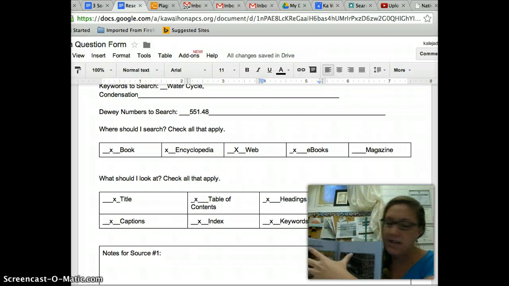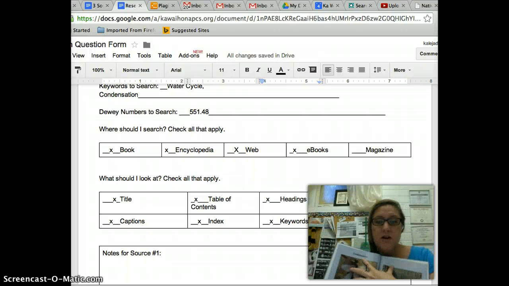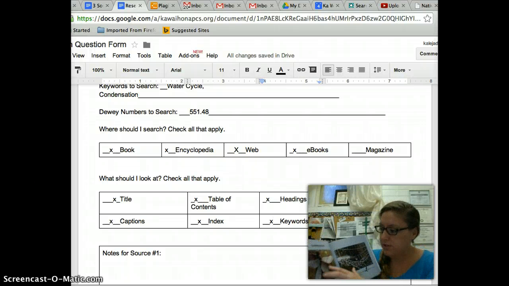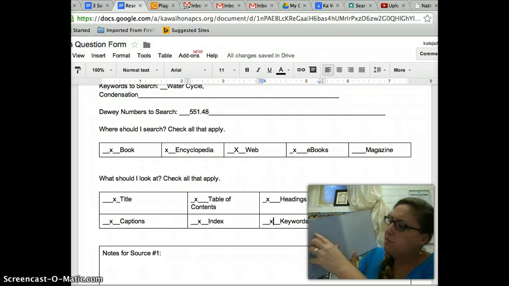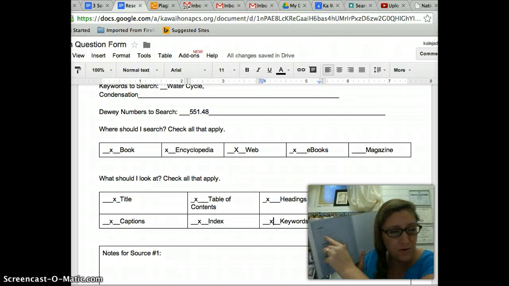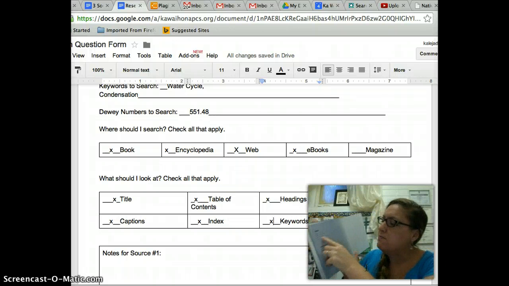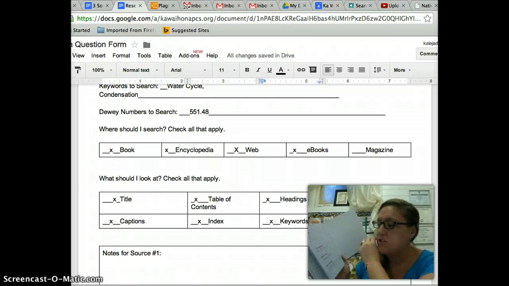Headings. So this is a heading, right? That helps me. Condensation. The photographs are beautiful. Look at the dew on the dragonfly's wings. Amazing. The captions down here for the photo. And then in the index, I can go back and go, oh, vapor, because vapor is a part of condensation. And know that vapor is on all these pages, so I can go back and check.